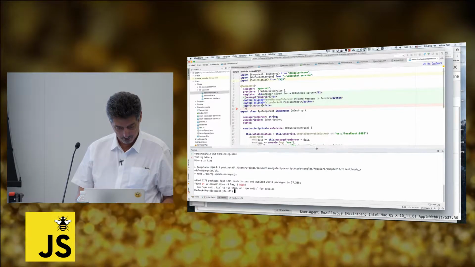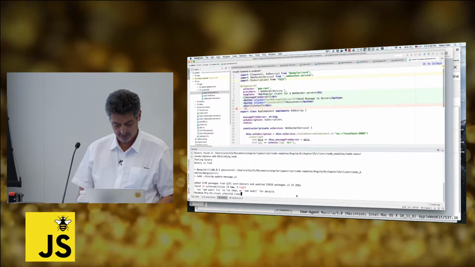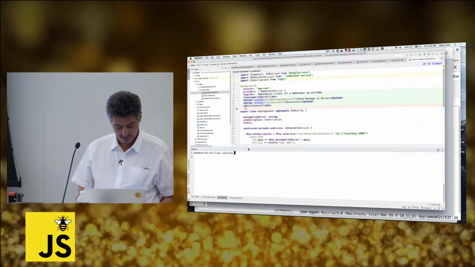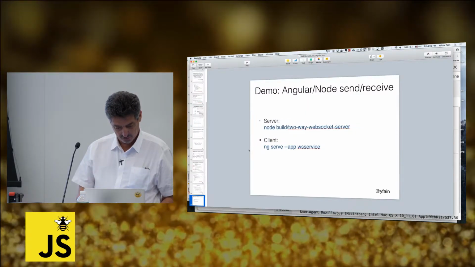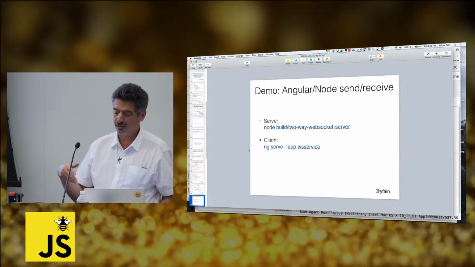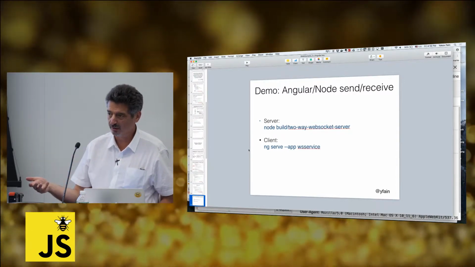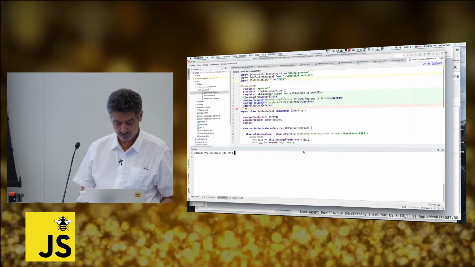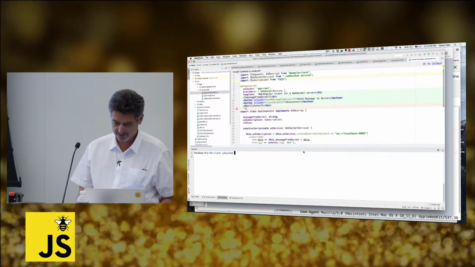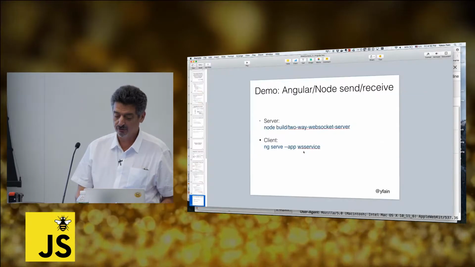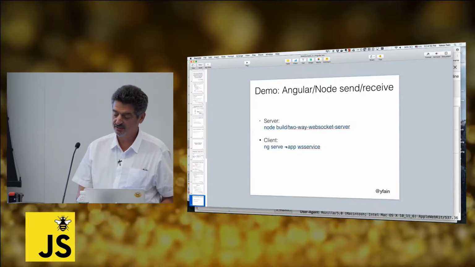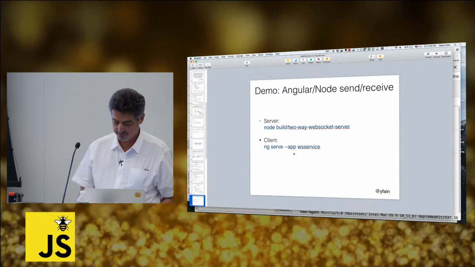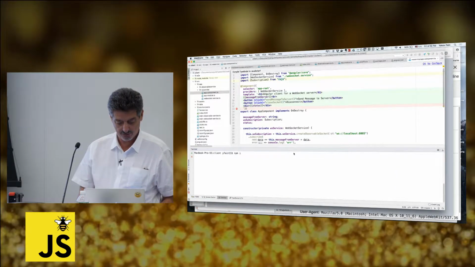That's the one. And I need to run the app called, I don't remember, WS service. I just have this project which is configured for more than one app. That's why I use this name of the app. And as a matter of fact, I have version 6 of Angular. In version 6, you don't have to specify this key, --app, if you have a project with multiple apps. So I just need to do this